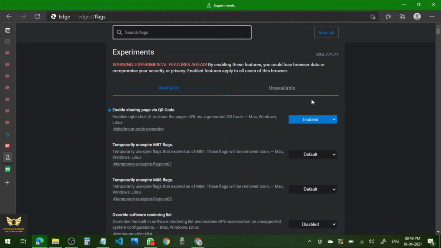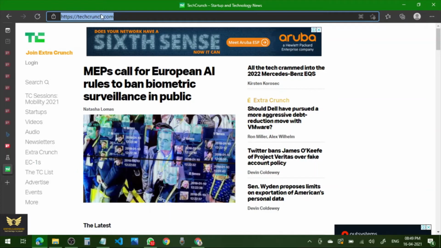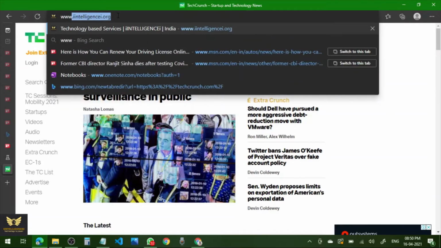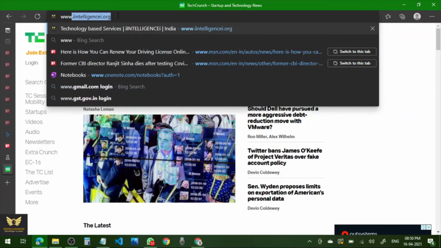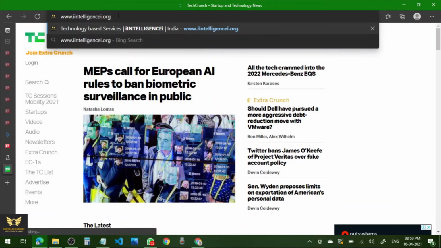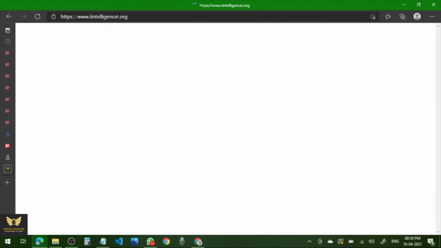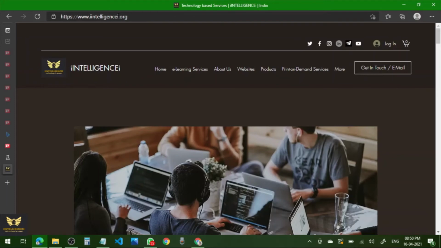Once this QR code option is enabled, you can create a QR code by clicking onto any website. If you want any other website also, you can do it. For example, my own website, let me click it. I will generate a QR code for my website.